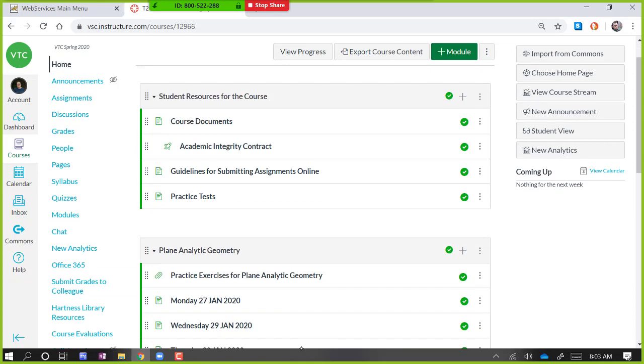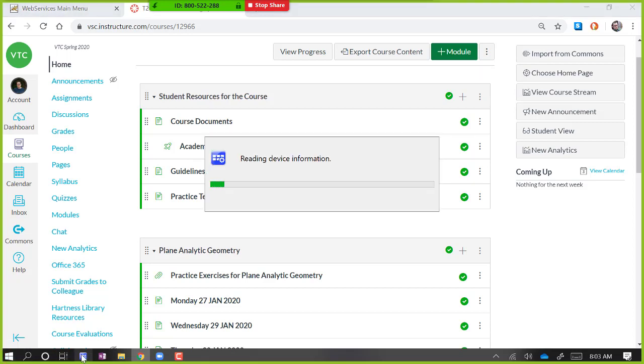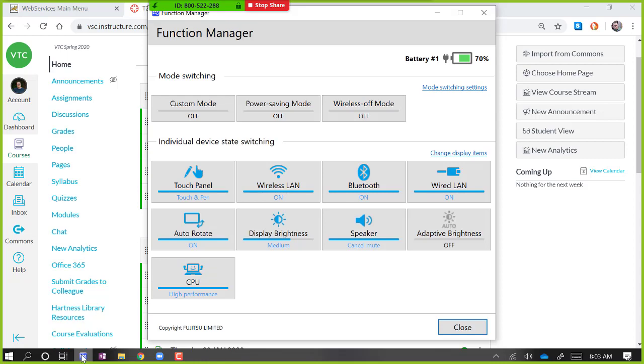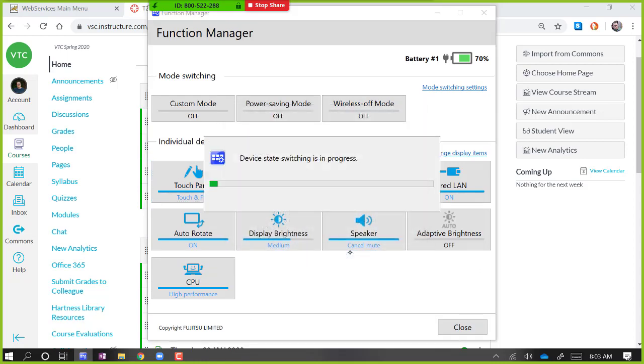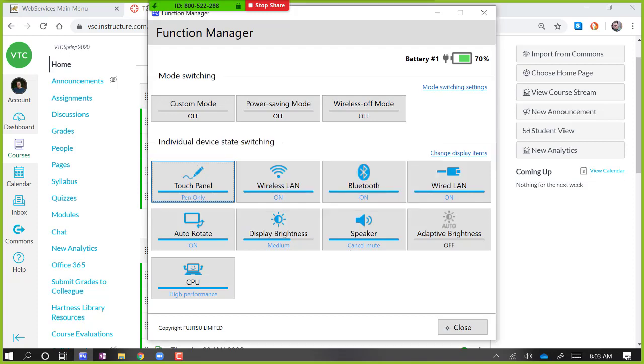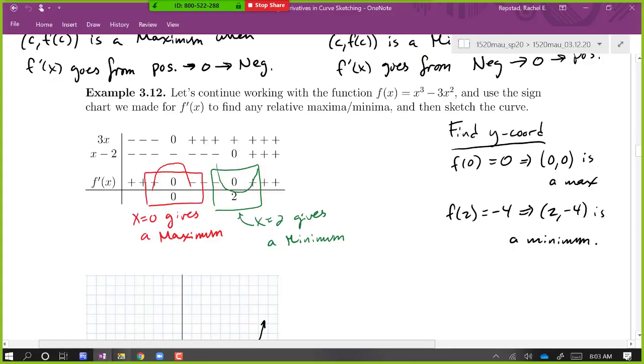Oh, you know what? Okay, sorry, hold on one second. For some reason, the touch screen on my tablet is on, so it's responding. I want to just turn that off. Okay. All right, that should be better. All right,